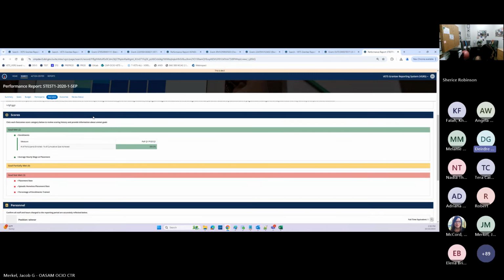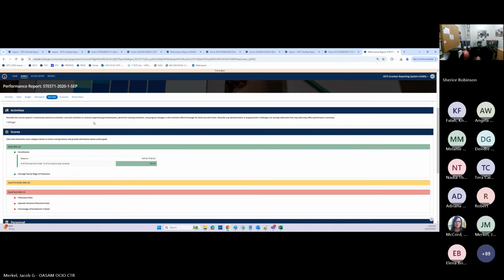And we have two of those under the goals partially met, where we actually met those goals according to what we put on our goal sheet. Yeah, so I believe enrollments looks at the percentage of your cumulative goal. So it's looking across the whole period of performance of the grant. So meeting it for the specific quarter is